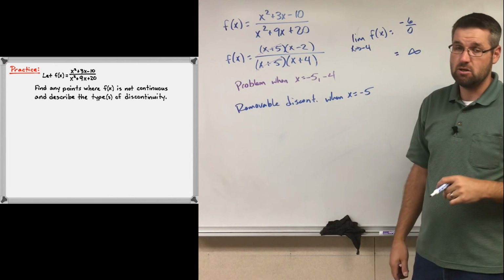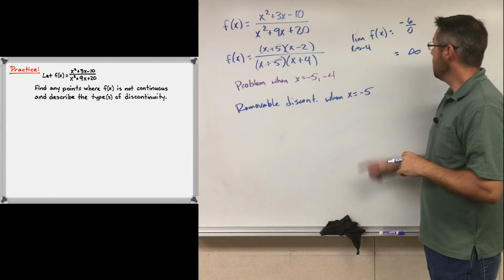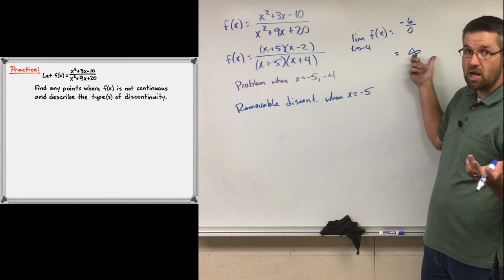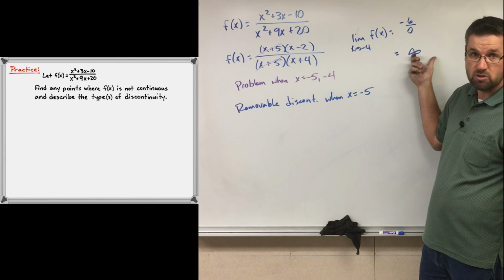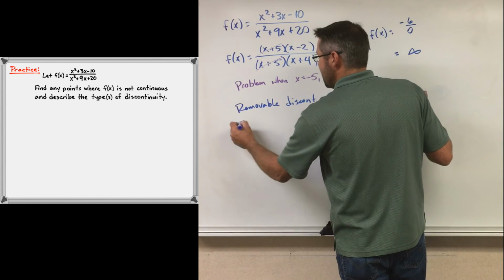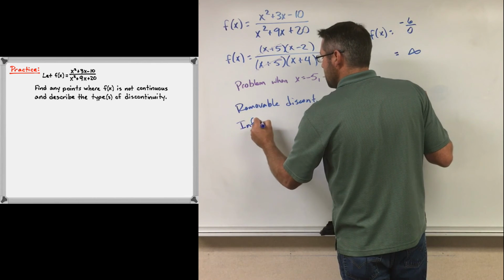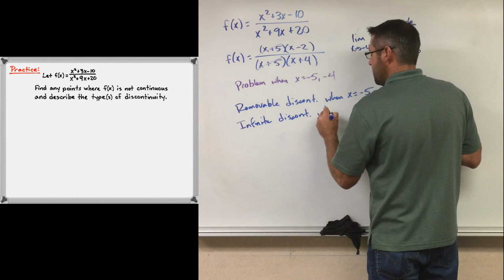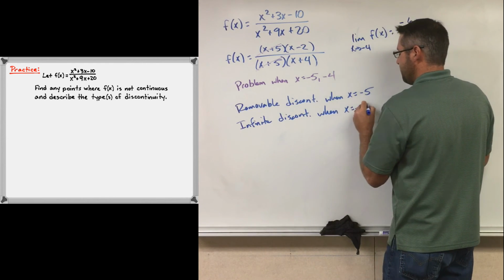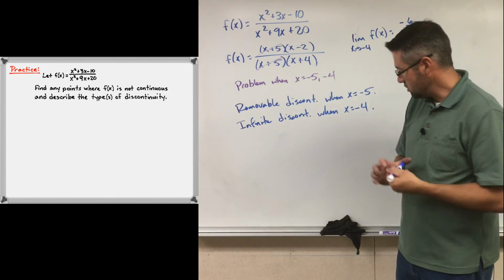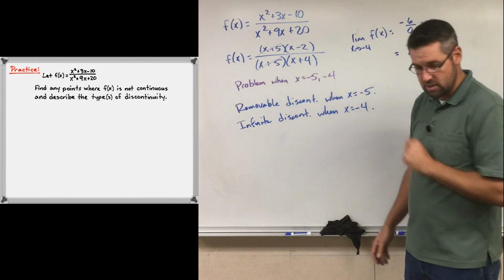An infinite discontinuity is one where the limit as x approaches a number goes to either positive or negative infinity. So it doesn't matter whether it's positive or negative, and it doesn't matter which side I'm coming from. So we would say we have an infinite discontinuity when x equals negative 4. So those are our two places where the function is not continuous, and those are the types of